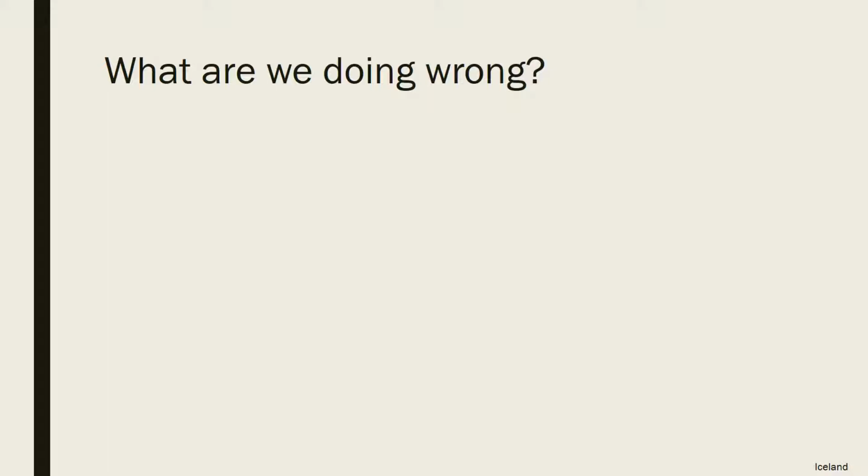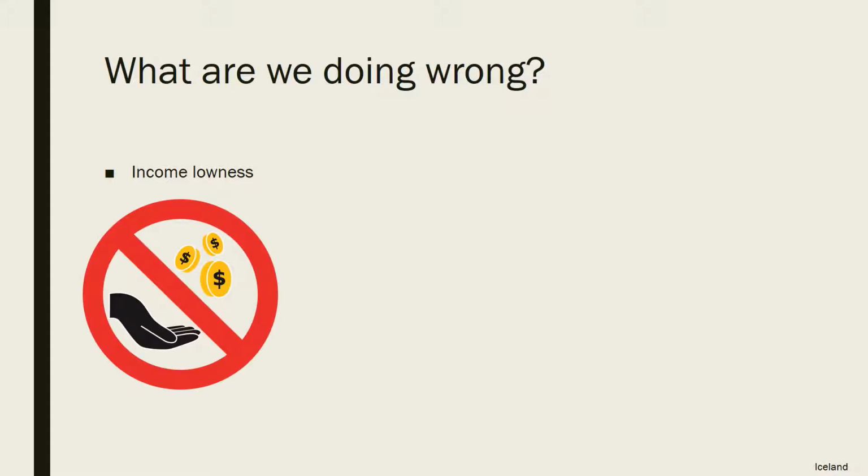Because these are the 2 measures of poverty used by the government and therefore policymakers, what does this say about what we believe poverty is? Both of these measurements lead to the belief that poverty is a form of income lowness. Given that it is measured in dollars, that shows people believe that poverty is simply a lack